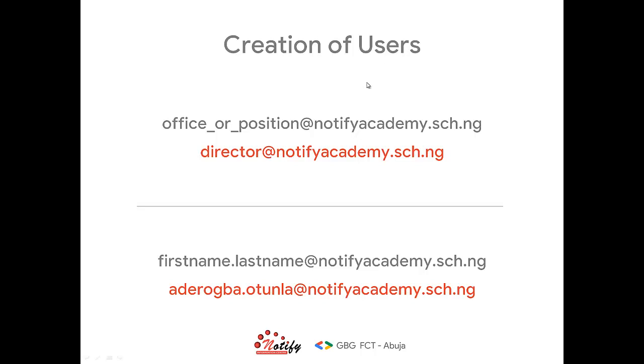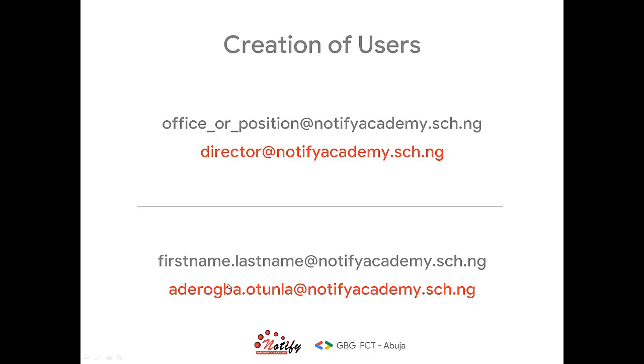So in the case where you want to have something like an office or position at your school name, .sch.ng, you can have something like this, let's say director at Notify Academy, and this works, right? Then also you can have a model around how you intend to create names for either teachers or students. You could use a template like first name dot last name, at